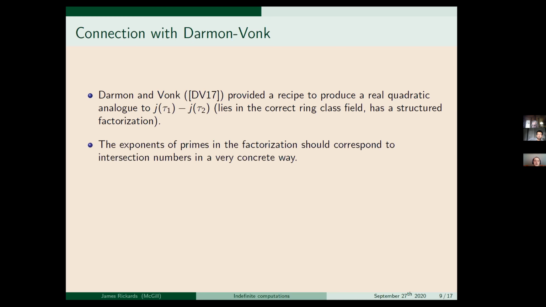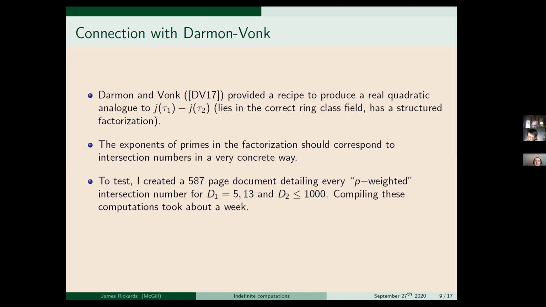So part of the conjecture was that the exponents of the primes in their factorization should correspond to intersection numbers on Shimura curves in a very concrete way. So not a statement like they're related, but there's an actual, you take this intersection and you get this exponent. So a very concrete connection between the two. So Jan Vonk had written these algorithms to compute their analog, and I had my algorithms to compute these intersection numbers. And we played around with it a bit, found what appeared to be the correct intersection number, and we did